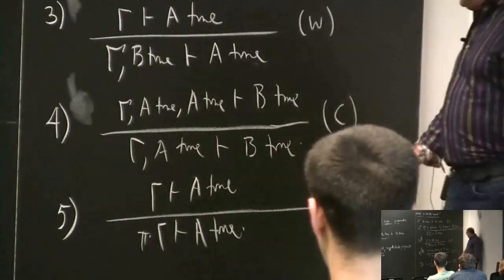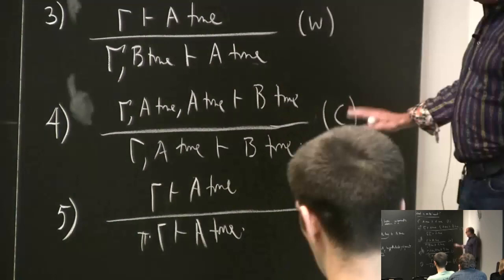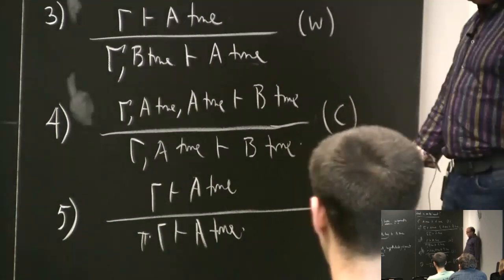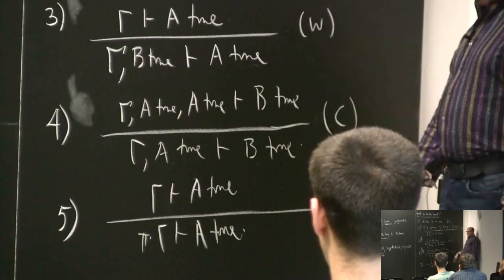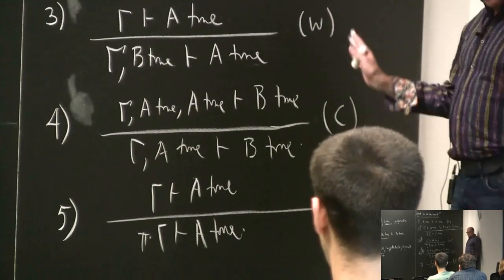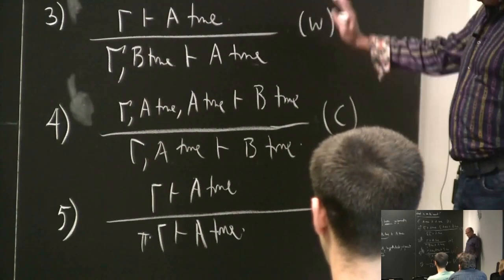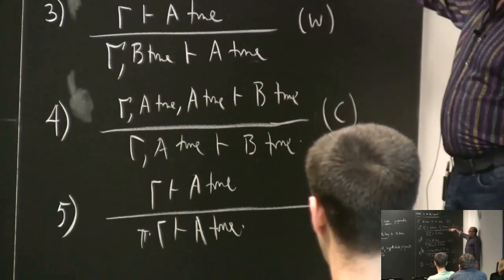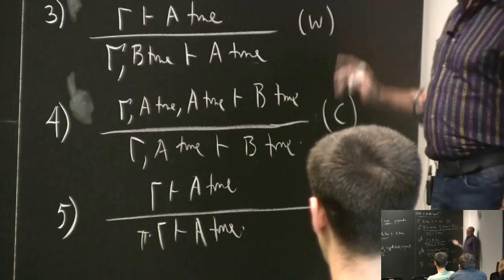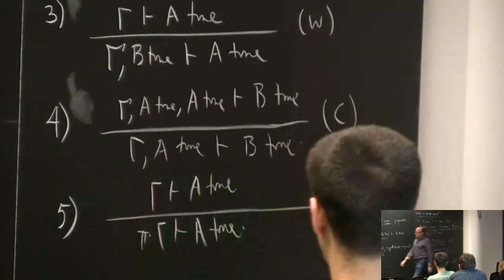And this is another one that is deniable. These rules are deniable. People have studied forms of entailment in which these aren't true. But in my case I'm not going to go there, that just happens to be another topic. But these two things, you're never going to get away from those. Otherwise you're not really talking about entailment, I would say.